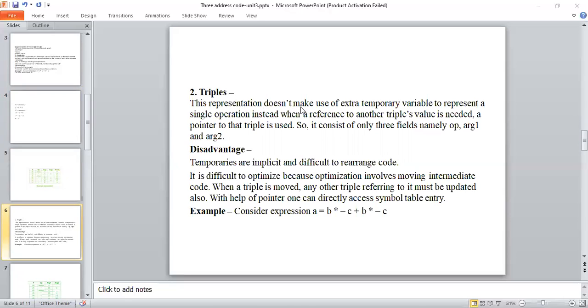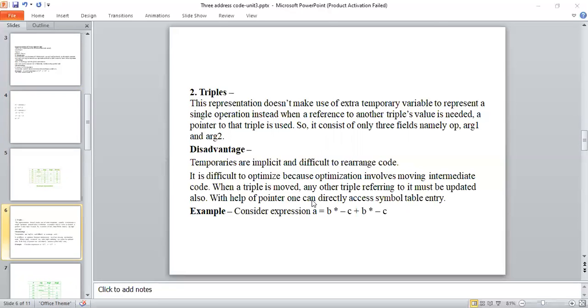This representation does not make use of extra temporary variables to represent a single operation. Instead, when a reference to another triple's value is needed, a pointer to the triple is used. So it consists of only 3 fields called operator, argument 1, and argument 2.